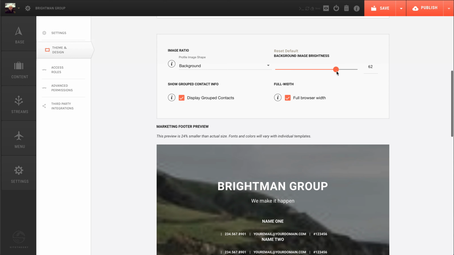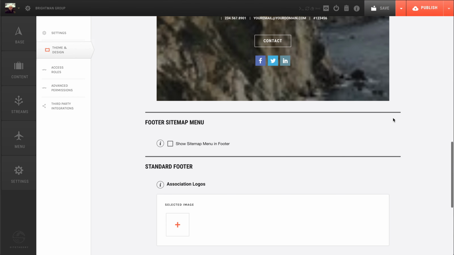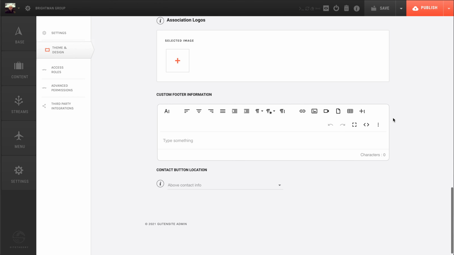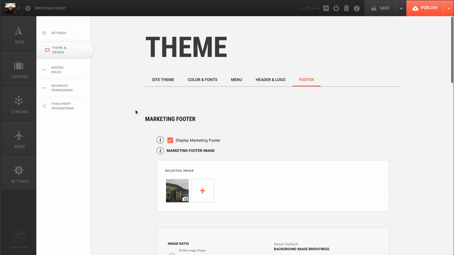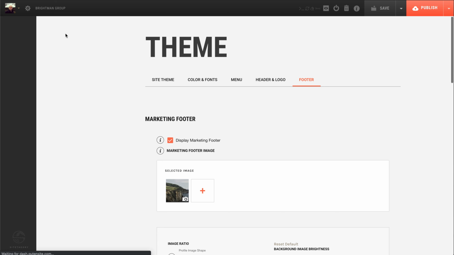Change it back to something that's a little bit more bright. Just depends on what you need for your particular website. And you can add association logos to your footer, etc. A lot of options. Under the settings here, we'll go to the main settings as well, which is your site